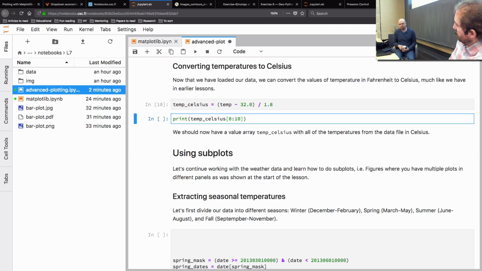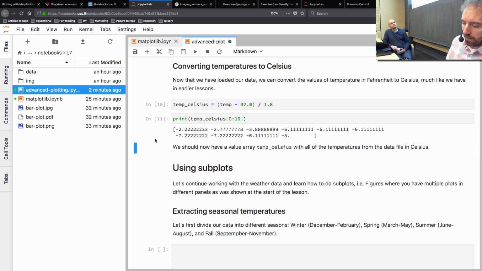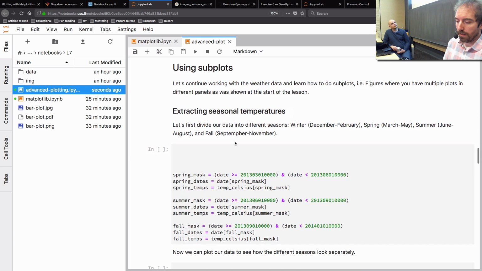Again, I don't know if this is something you've done in a similar way in pandas, but the array slicing is something that should be familiar, at least from dealing with lists earlier on in the course. And well, these are temperatures for January from this location. It's in the northern hemisphere, and these look like pretty reasonable temperatures for January somewhere in the northern hemisphere. So good, now we have temperatures in Celsius, and we can move on to the next topic, and that is